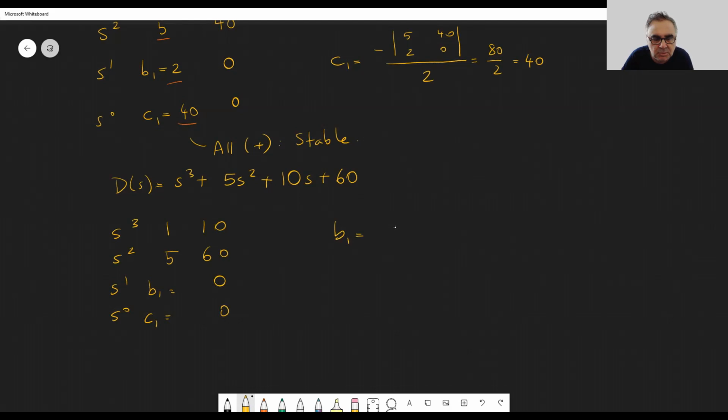B1 is equal to the negative of 60 minus 50, over 5, which is 50 minus 60, minus 10 over 5, which is minus 2. Okay? So B1 is minus 2, and C1 is